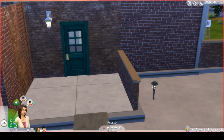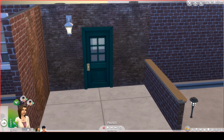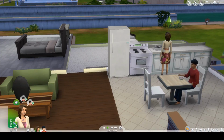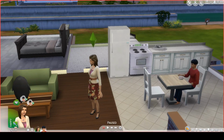And I have slowed down my mouse to an extent. It's behaving better than it was. Let me just show you what has happened. Rosemary is washing a dish. I'll have her walk over here. As you can see,